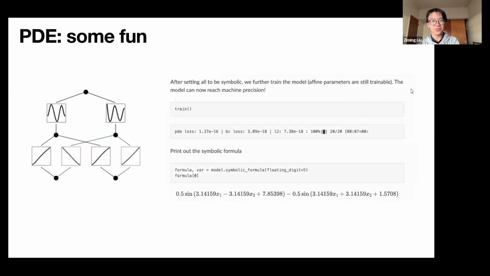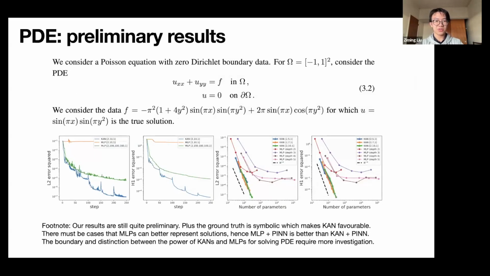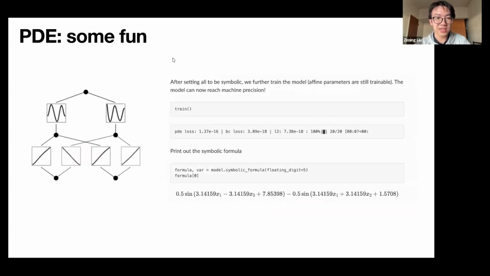Like for this PDE, the ground truth, actually not this PDE, this is a separate question, but in both cases, the solution actually is a symbolic formula. So after training, we can regress out the symbolic formula and then do further training, and we'll see that the loss function can actually go down to near machine precision, which is quite awesome. Again, this assumes that there is indeed a symbolic formula underlying it.